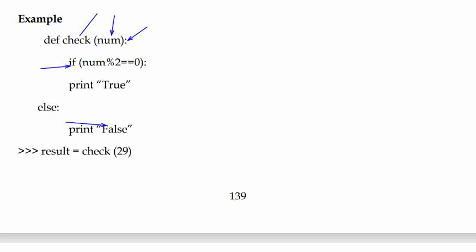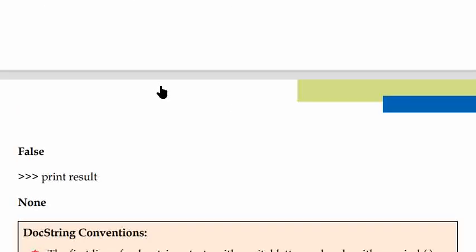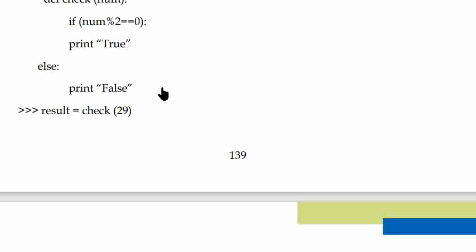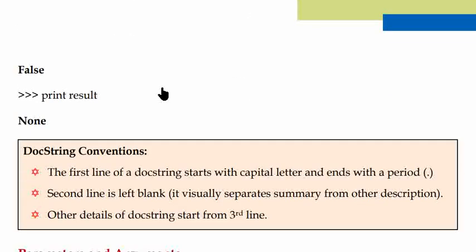See what happens. False is printed, and then print result. False is printed, but if you print the value of result, it is printing None.